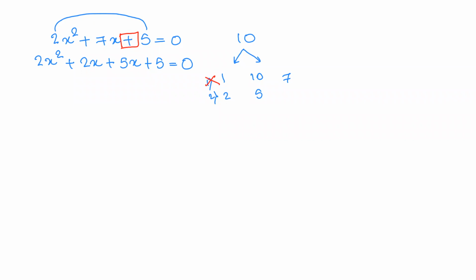Did you people get the answer? It's very easy. अच्छा, बहुत सारे बच्चे को ऐसा लगता है कि हमने ना यहाँ पर 2x plus 5x लिखा है. What if we reverse the terms? What if we write 5x in the front and 2x at the back? तो अगर हमने 5x और 2x की जगह को बदल दिया तो क्या होगा? I'll tell you, कुछ भी नहीं होगा. You will still get the same answer. And if you really want to see, you can try that on your own and you can figure it out. कि आपको दोनों भी केस में आंसर सेम ही आएगा. It is not going to change in any way.